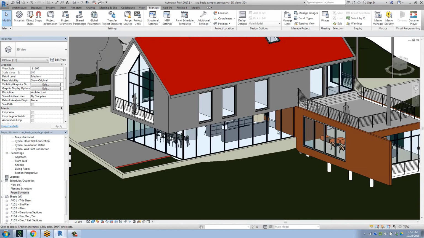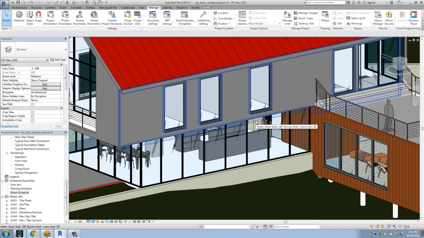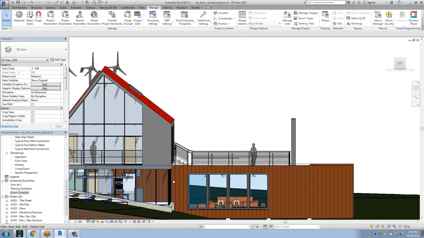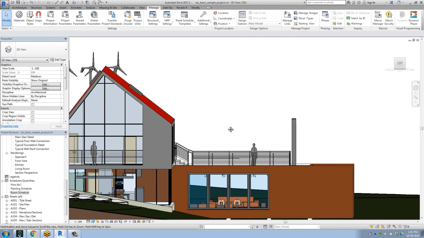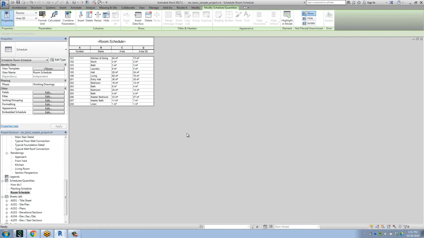In this particular project, I don't see why we couldn't have just made everything bigger, but I don't know if the client's under a tight space constraint. If something grows, something needs to shrink. We didn't realize it at the time, but just by pulling that curtain wall out, it also extended the second floor wall too. Interesting. And of course, if we wanted now to capture another snapshot in time, maybe we're at 50% design development, we could create another parameter for 50% DD, and we could